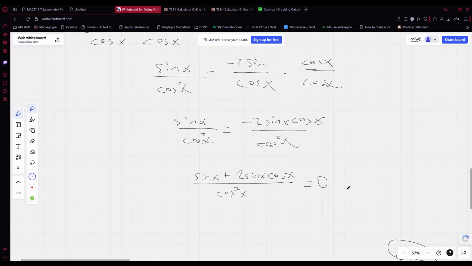Okay. Now what do we do? Well, we can get rid of the cosine. Just multiply this by the denominator, so it gets eaten by the 0. Then what we will do is we will